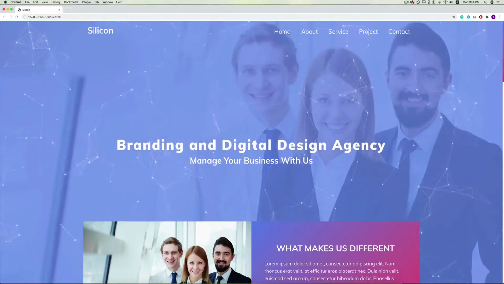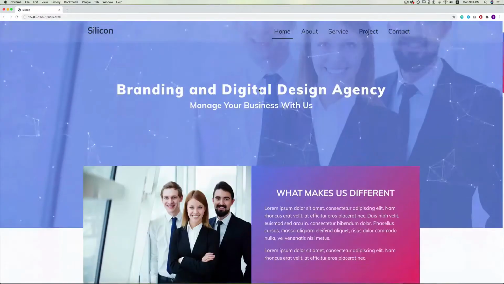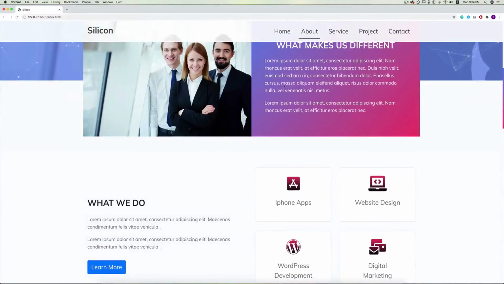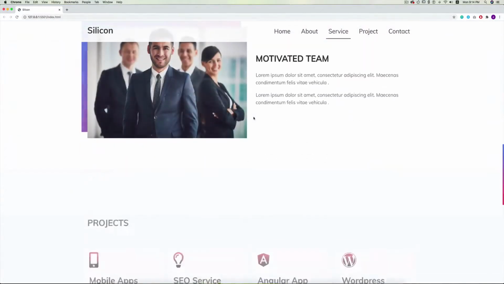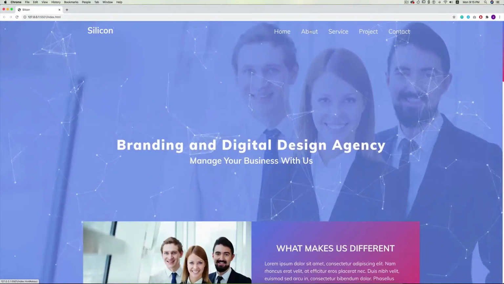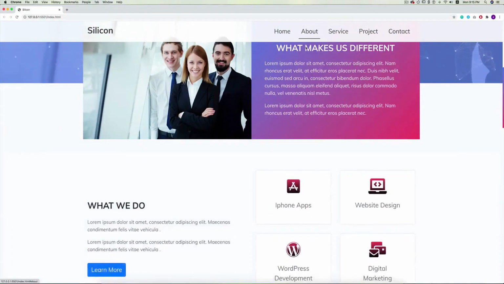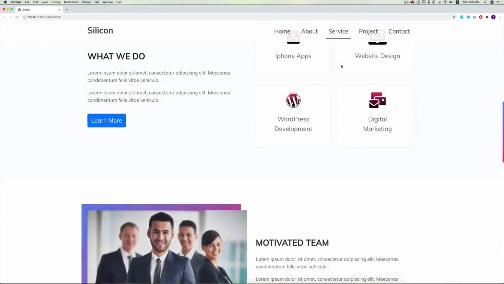And also I have added scroll spy to our navigation links. So when I scroll down to the appropriate section, you see the underline or the border changes. And also if I click on this about, the page slowly moves to that section. So this is a smooth scrolling effect, and I will show you how to do this. So this is the overall project that we are going to make in this video. I hope you'll like this.